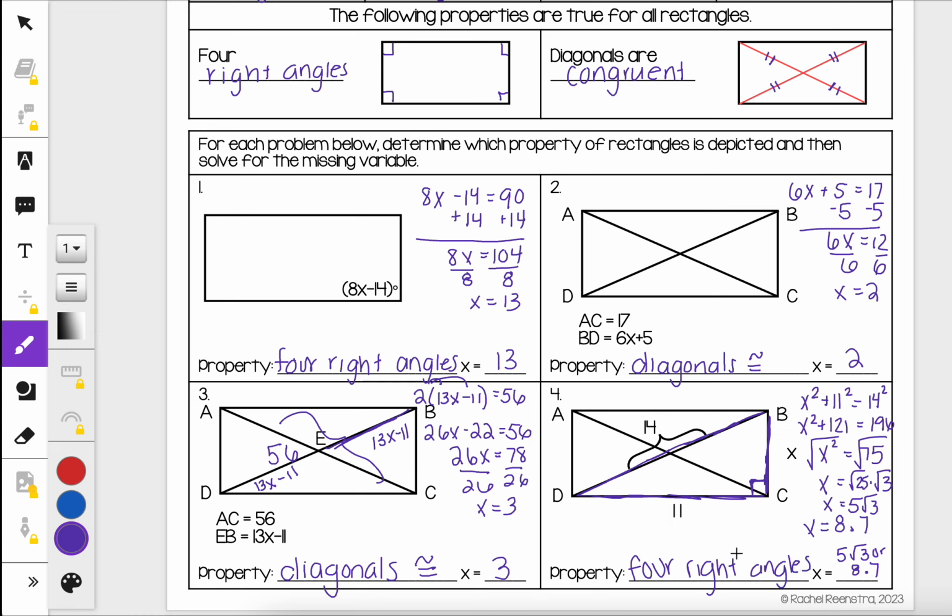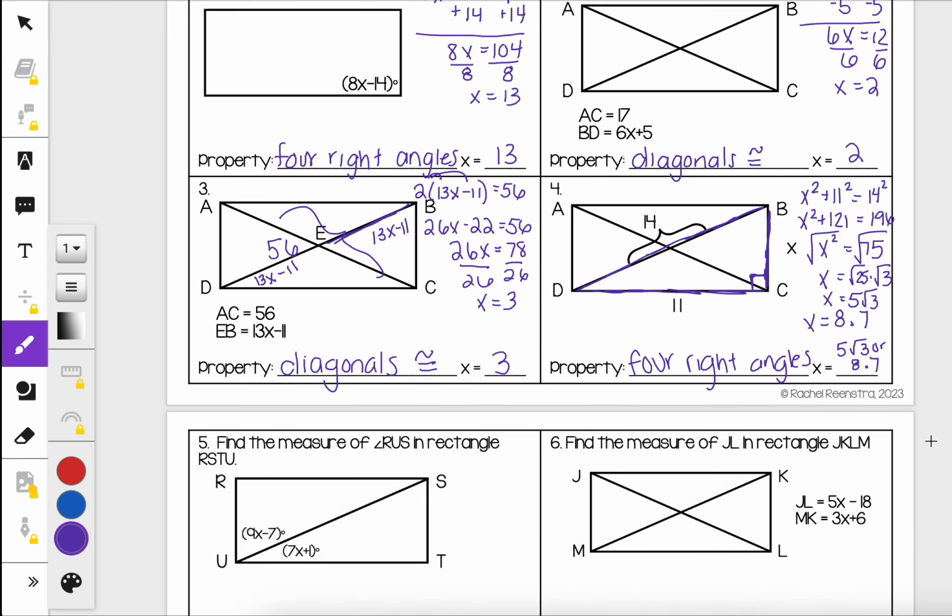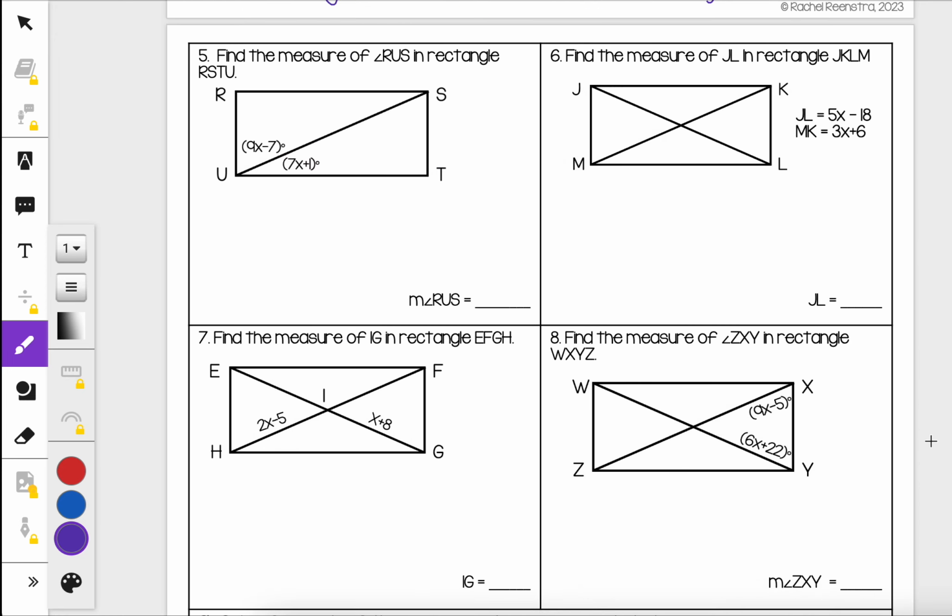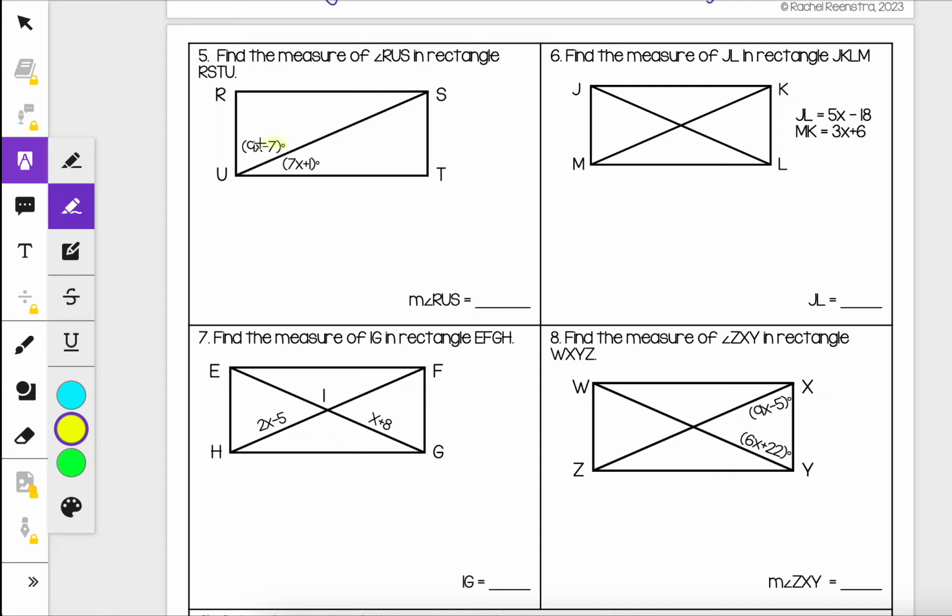Okay, let's look at our next set of problems. So here, not only are we going to have to solve for a variable, but then we're going to have to substitute that back into our diagram to solve for some of these measures. So for number 5, we want to find the measure of angle RSU. That's this angle here that I'm going to highlight in yellow